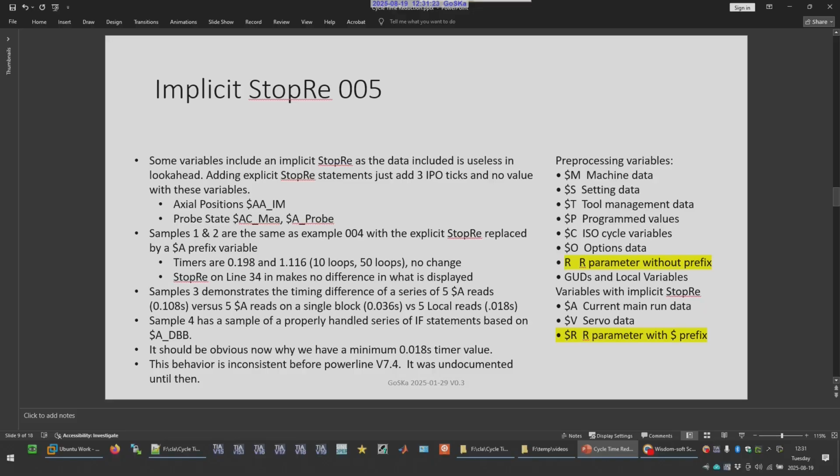The second thing is that if you have something that's Powerline below 7.4, the implicit StopRes were kind of hit and miss of which variables had them and which didn't. Even like just saying all $A variables have an implicit StopRe, that was not true prior to Software 7.4 and Powerline. Software 7.4 and Powerline is somewhere around 2006, 2007 vintage. So there are going to still be a lot of machines out there where this doesn't work as I'm showing you